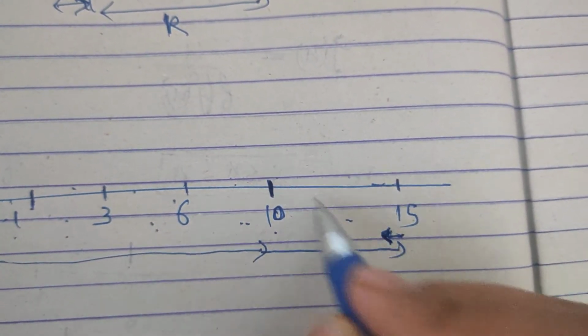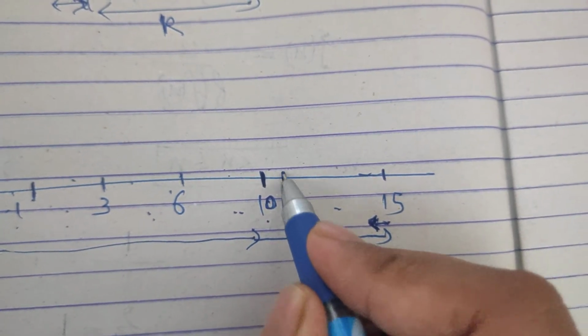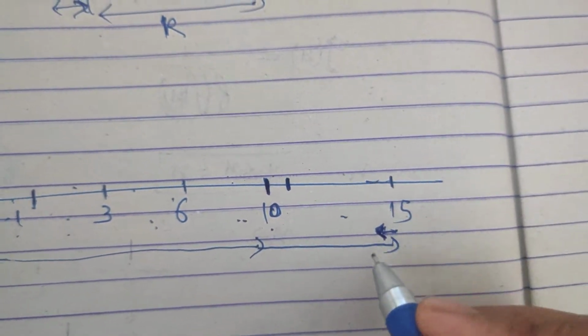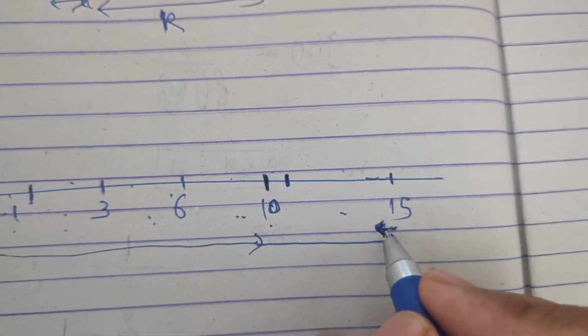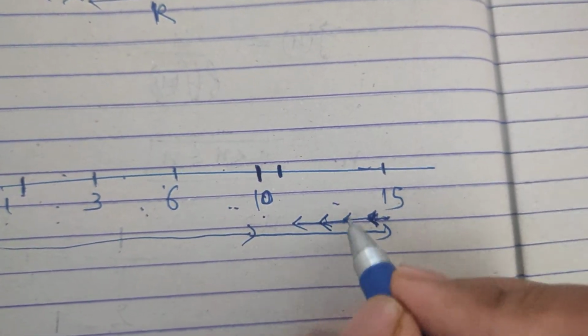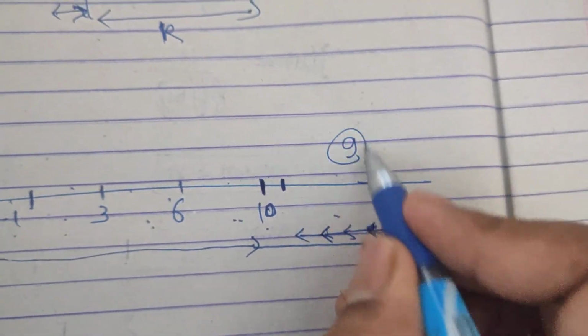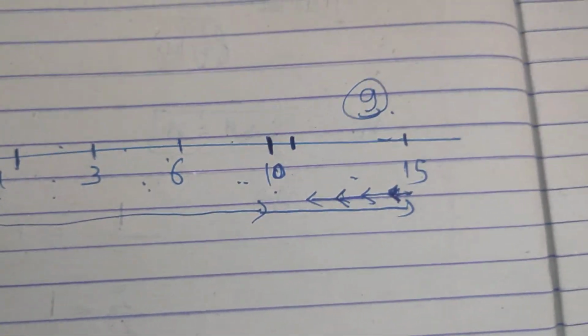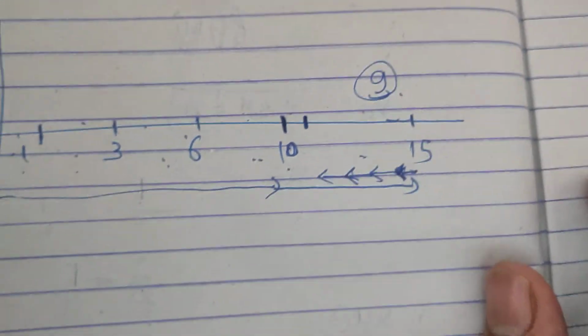So if the number is, suppose, 11, if we come backwards we need 4 steps. So 5 plus 4 is 9. And now we have to figure out if there is any other way possible such that the steps